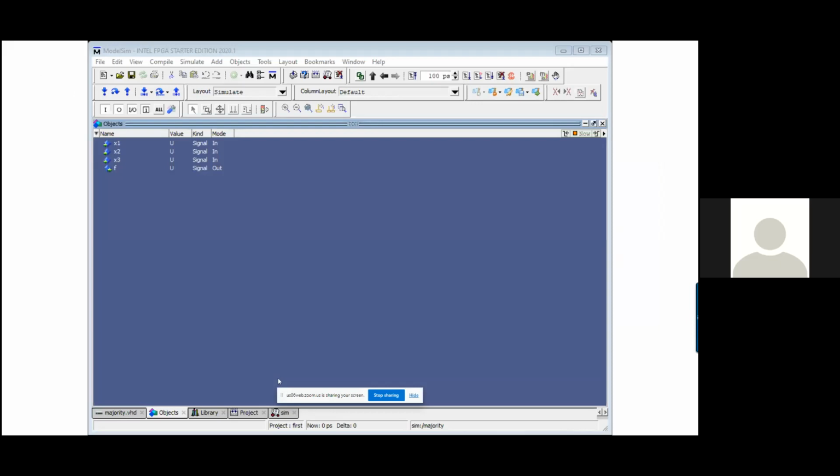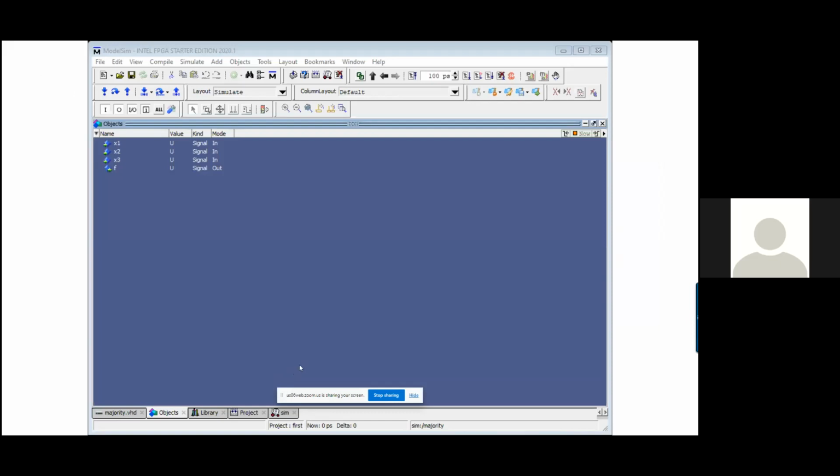So now I go to the object tab. In the object tab, you observe that in the entity, 3 inputs are there, X1, X2, X3, and one output named F. These are the objects for which I have set the simulation.